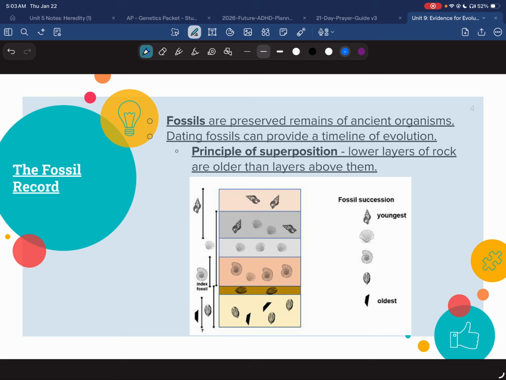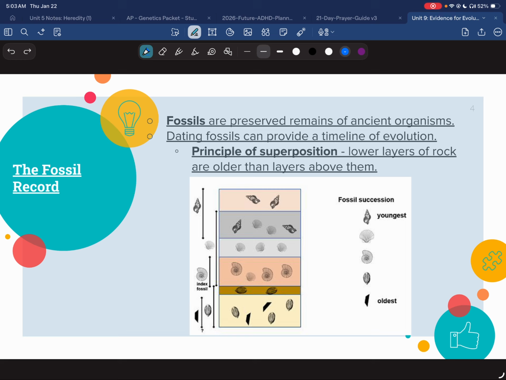And so down at the bottom, you can see my little trilobites. Yes, that doesn't look anything like my picture, but that's what it is. And then you've got these guys down here. And so over time, we can see the changes that have happened, right? We can date fossils with carbon dating: how much carbon is left can tell us how old those fossils are.